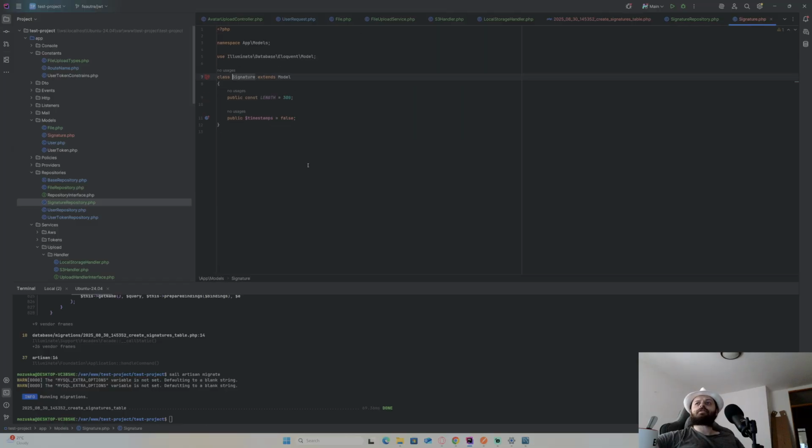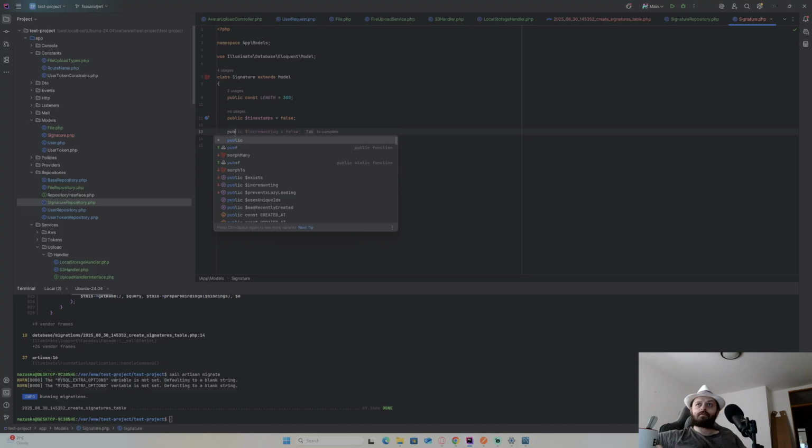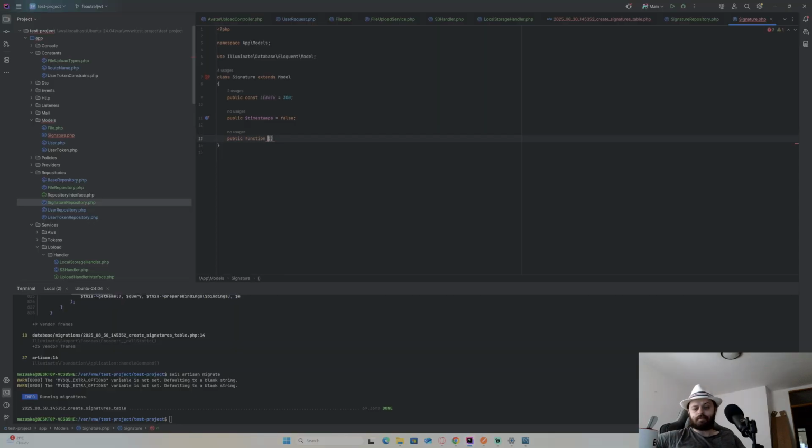A signature can have only one file, so it's going to be a public function belongs to, now public function file, and now this is going to return this belongs to